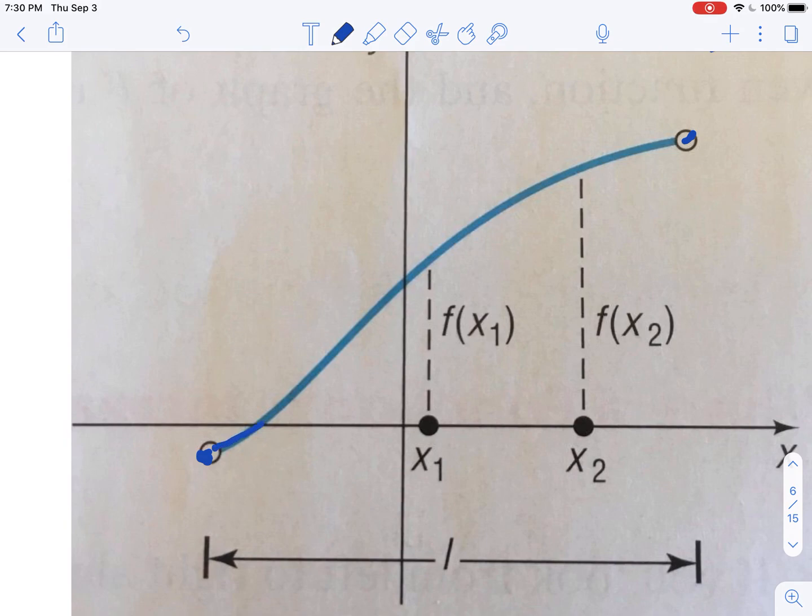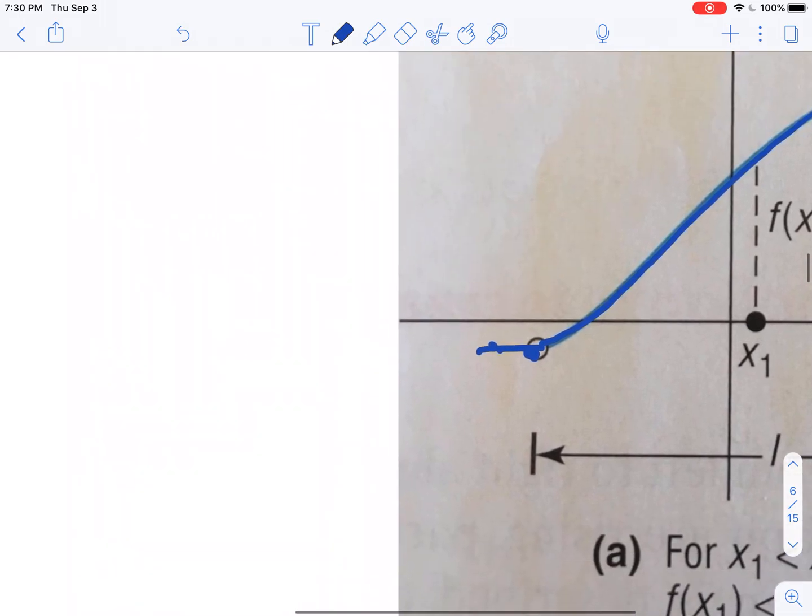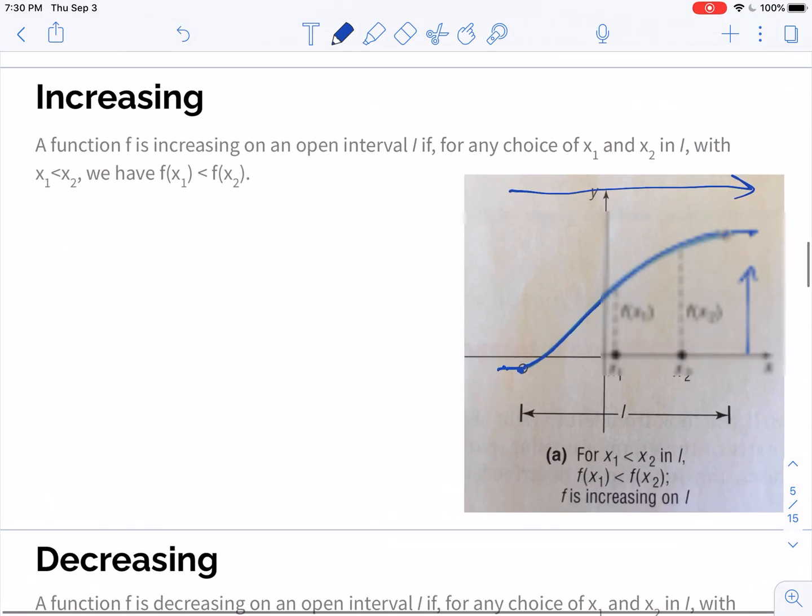And as I move between that point on my left to my point on my right, I'm going up. This final point here is at a higher orientation than this point here. I realize that I'm kind of drawing them off to the side. I'm just showing you where their levels are. And we can see that at no point does it change this direction. It's constantly going up and up and up. So what I would say is that the function is increasing